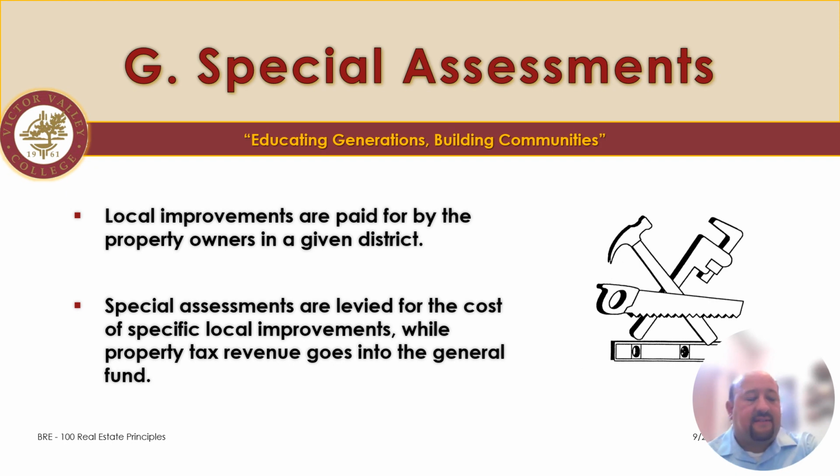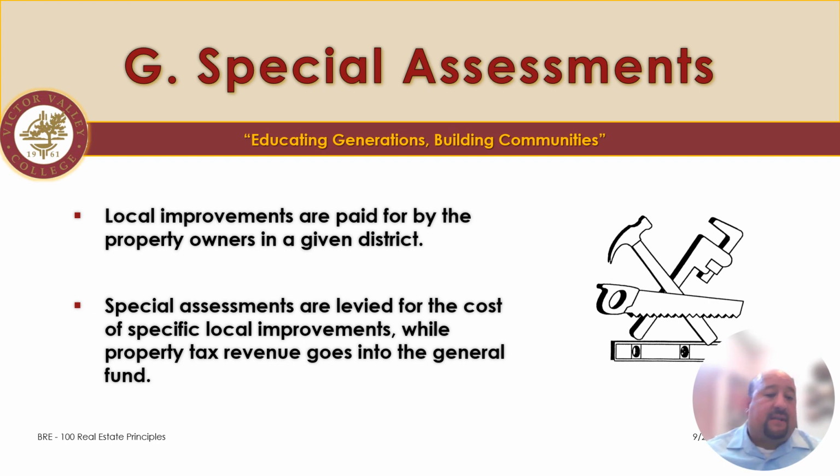Okay, special assessments. This has become more popular in the last 20-25 years. What happens is instead of developers paying for local improvements, whether it be fire, police, schools, parks, streets, all of those things have to be paid for when there's a master community. So instead of the developer paying all of those things up front, they bundle them into bonds and they create special assessments. So the homeowners of the new tract will pay for those items over a period of 20 to 30 years.